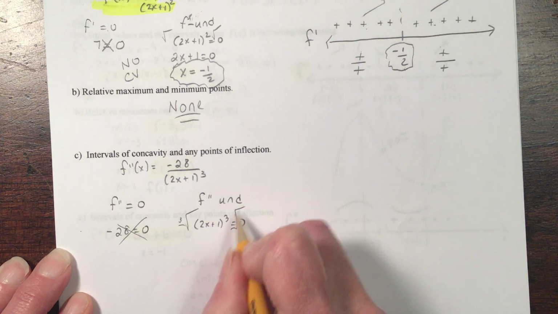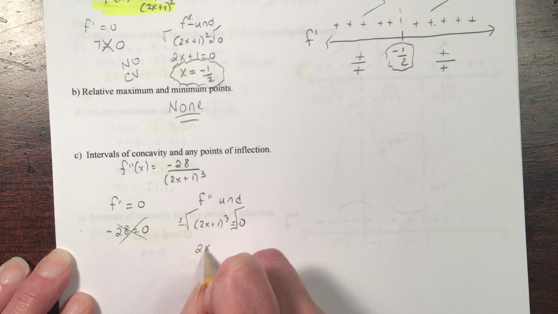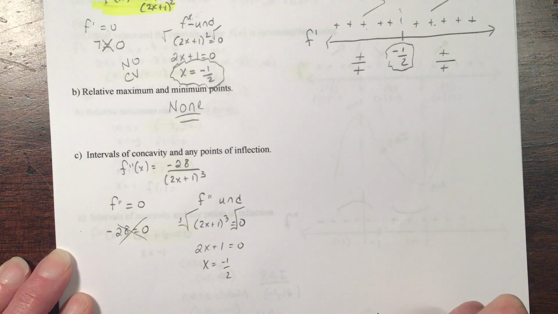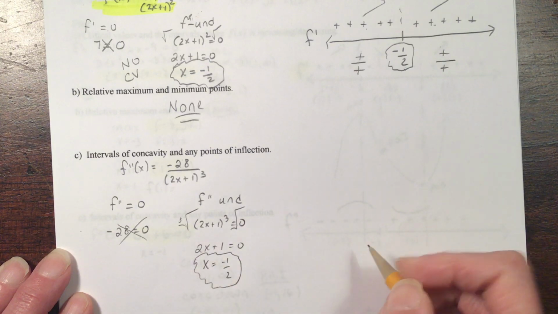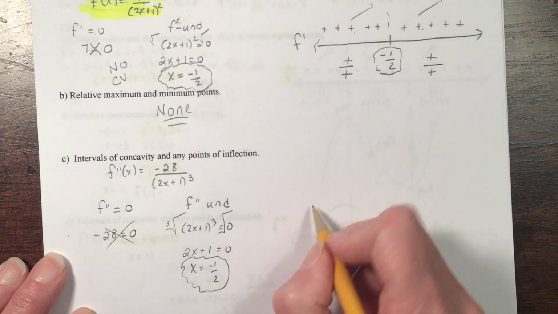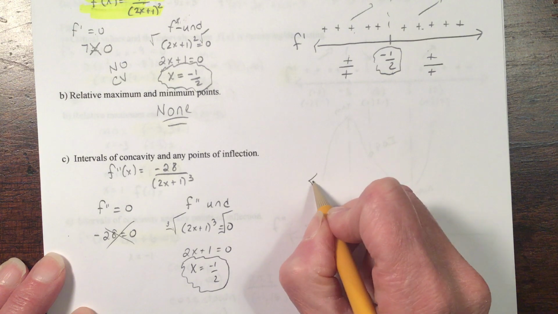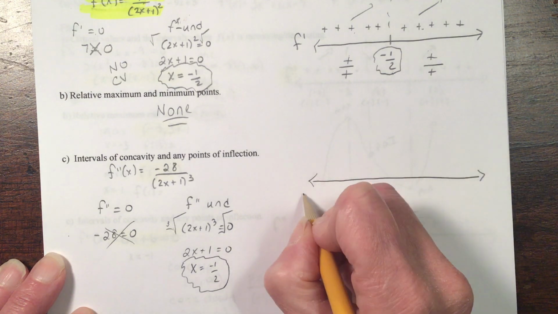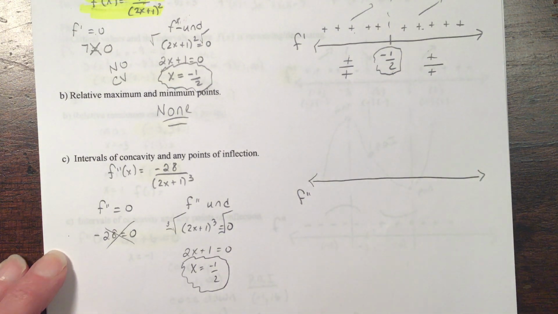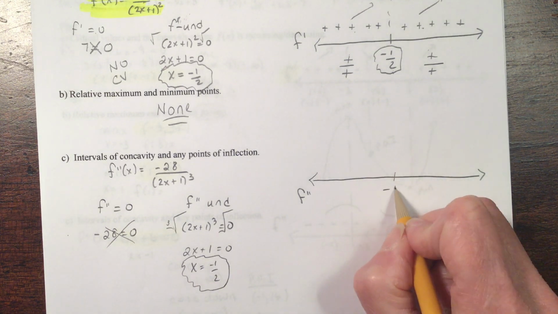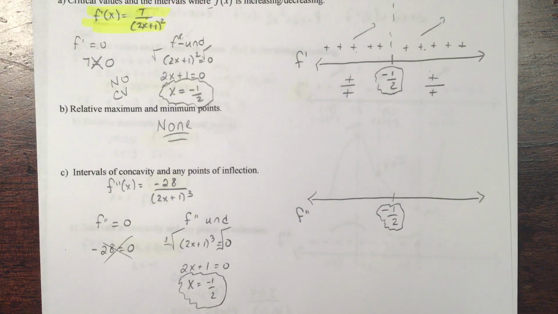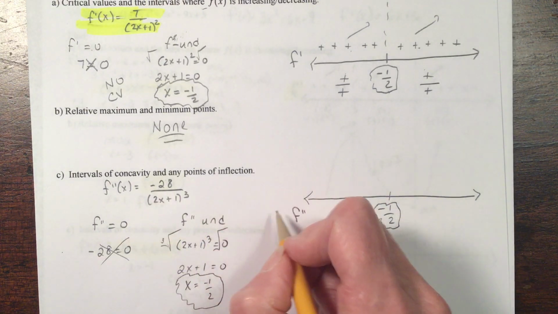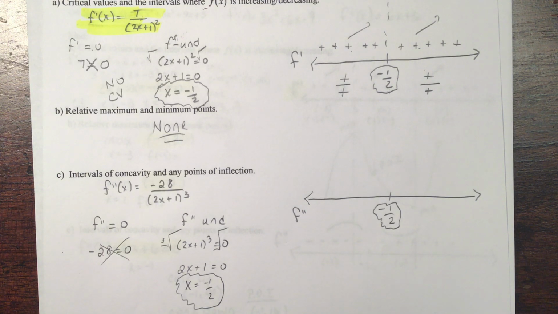Here, if I cube root each side, I get 2x plus 1 equal to 0. Again, my test number is -1/2. But this is not a true test number, although we still will put it on our number line. I always do that to remind myself. I can't have a point. It's a weird thing. When I tested my second derivative,